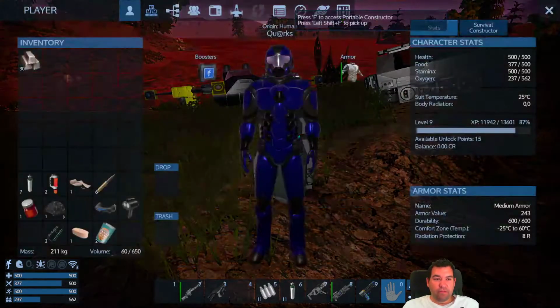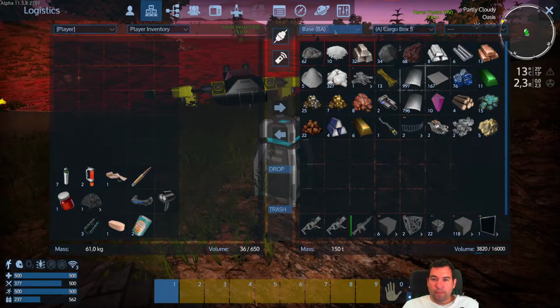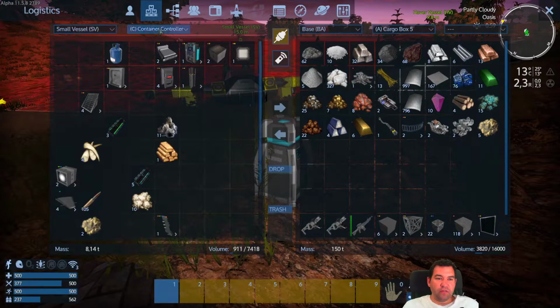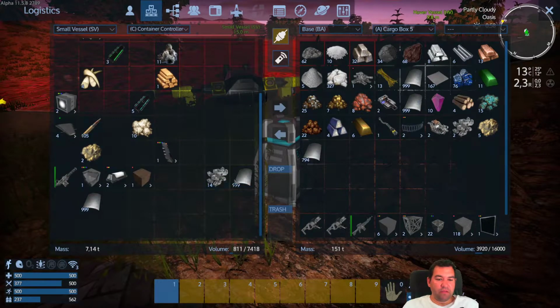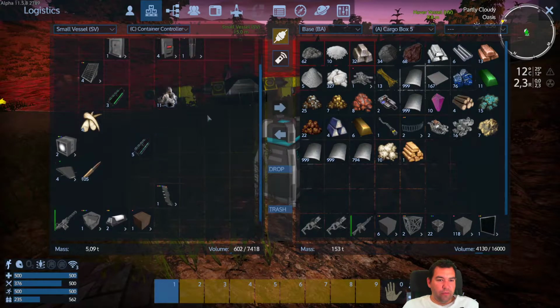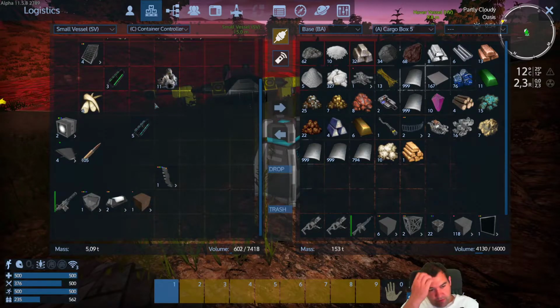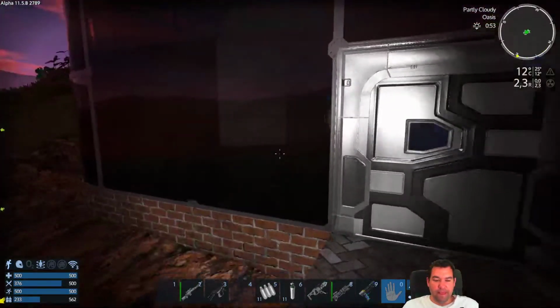Okay, we have some iron in here. Let's transfer this to here. We also still have some steel plates, I believe, in the SV, some mechanical components. Let's transfer all that over here. We don't need that. We're gonna want to have this. Okay, that is it, I believe. Now,